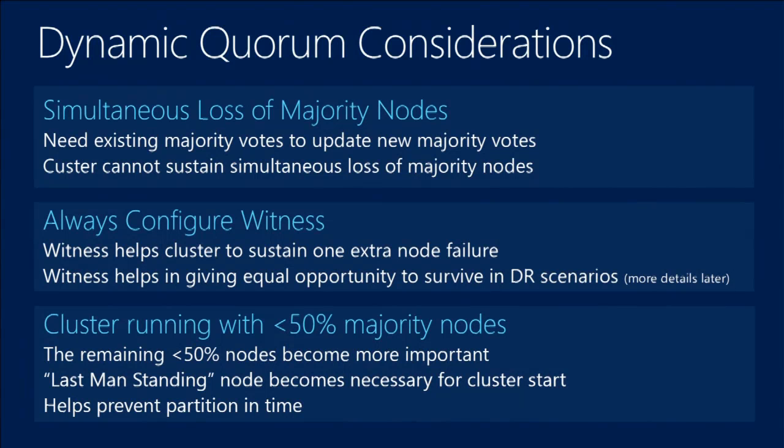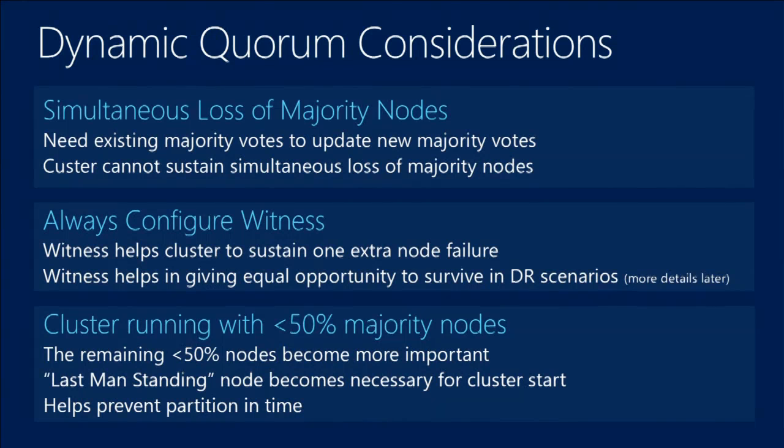In the last man standing scenario, or even the scenario where the cluster is surviving with less than 50% of nodes, in a way you are increasing the importance of those nodes, because those nodes are surviving and have the latest configuration of the cluster. The nodes that are down are not talking to this cluster instance. They are not able to, so the remaining nodes in the cluster won't have the latest cluster configuration. And so if you are going all the way, let's say, down to last man standing, and if the last